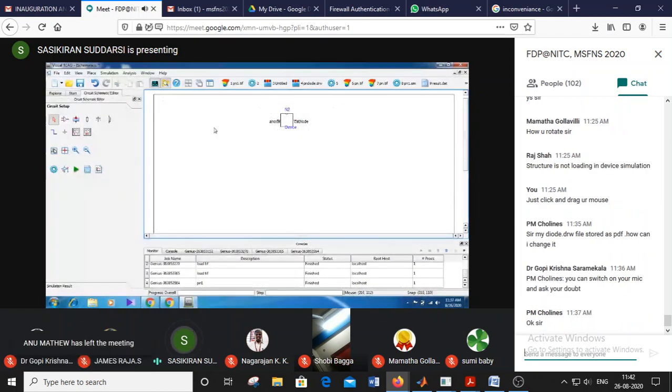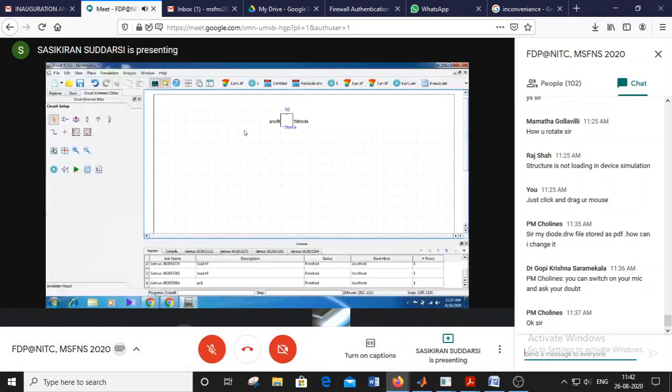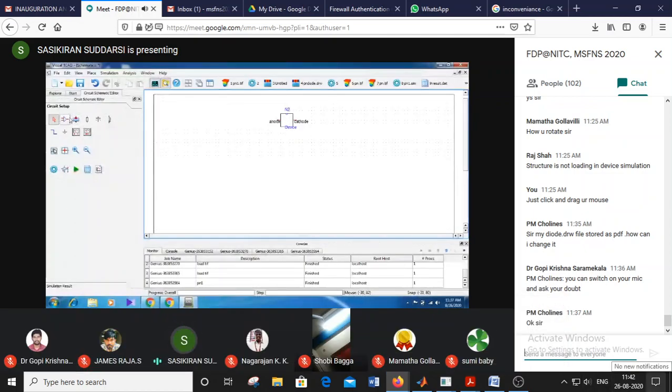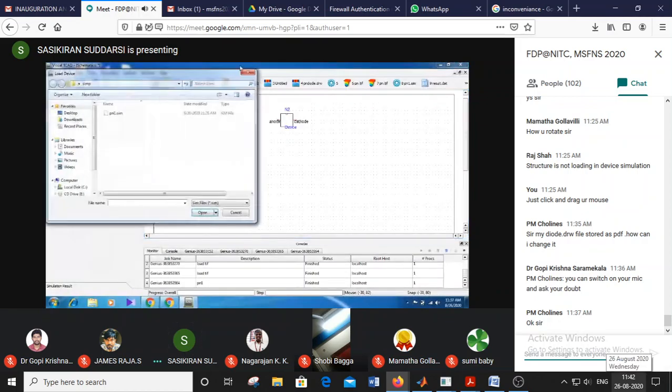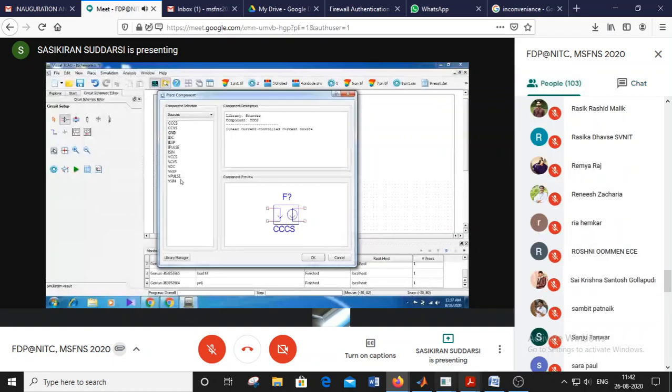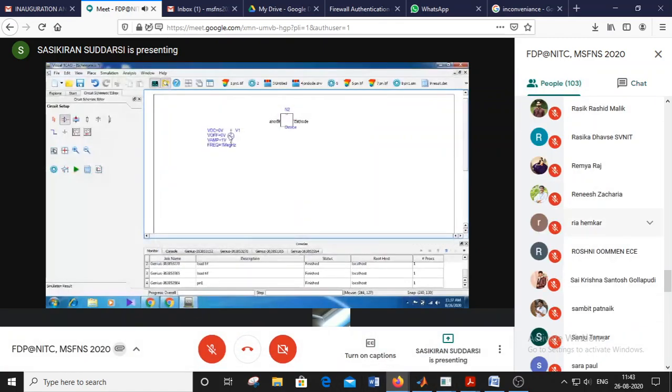So just apply simple sources here. We will perform a rectifier. For rectification, we need to select some sources. We'll use the sine wave here. Sine wave is one component, and resistors here.